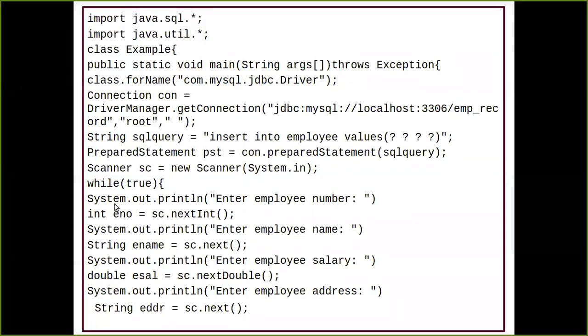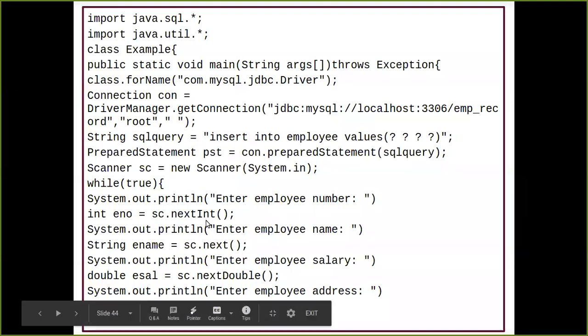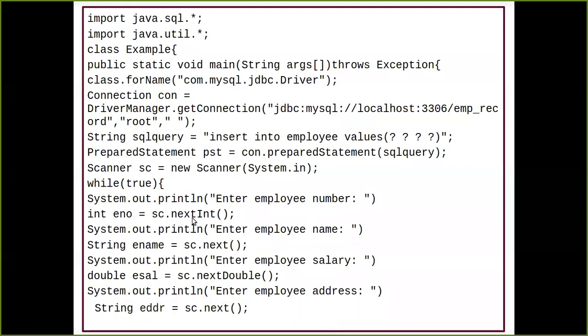So I have just created a variable e number with a data type, call it as what? Int. Why is that so? Because I'm fetching the integer value, and to fetch the integer value from that particular text field, or whatever value the user is giving, maybe it is some other field, that value is going to be fetched from which method? Next int method. And this we have already studied. This is not something new which I am telling to you.